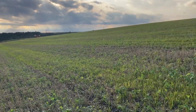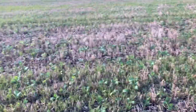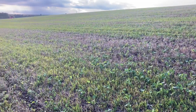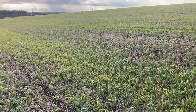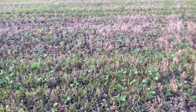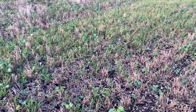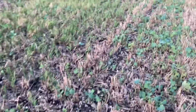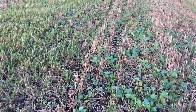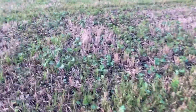So, Mike, why are you putting the muck on top rather than ploughing it under? Well, really, it was just because we wanted to direct drill the crop, so we didn't want to do any cultivation. So we have to put it on top. The other thing is, I suppose I could have put the muck on before we had planted the oilseed rape. But in some ways, I'd rather do it afterwards, because I think if we go to a bit where we've paddled,